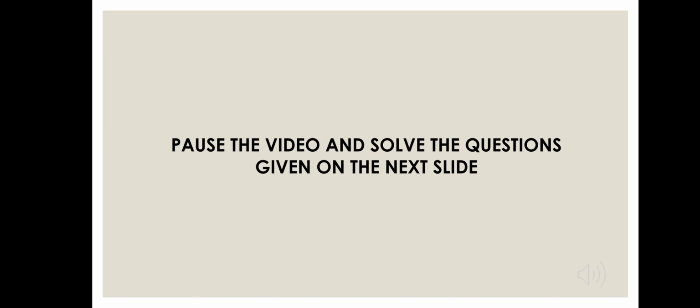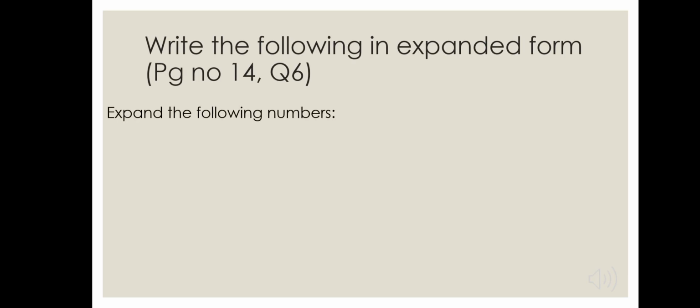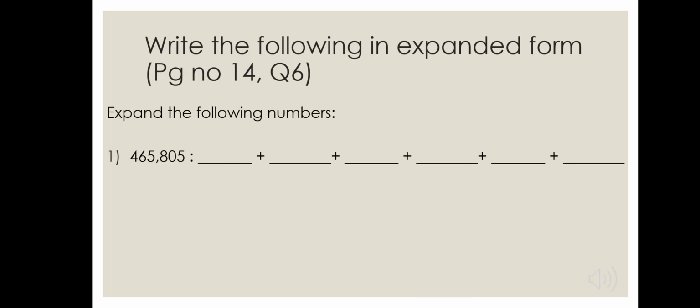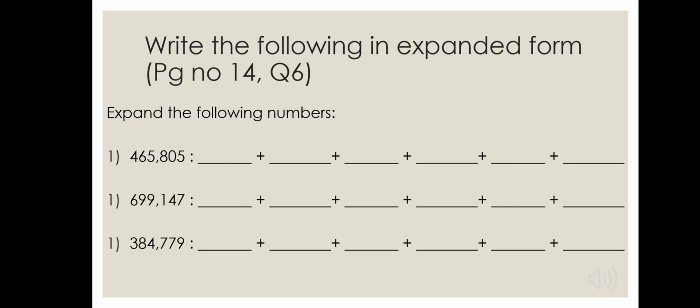Pause the video and solve the questions given on the next slide. Write the following in expanded form. This question has been taken from your book, page number 14, question number 6. Expand the following numbers. The first question has been done for you. The first number is 465805. Remember to always start expanding the number from extreme right, which means that you have to start expanding it